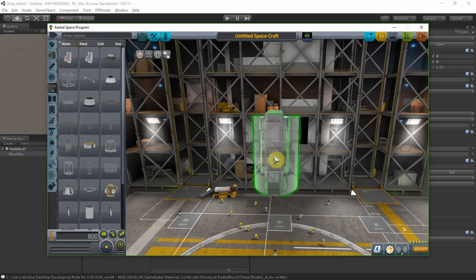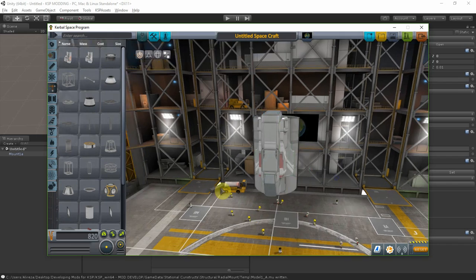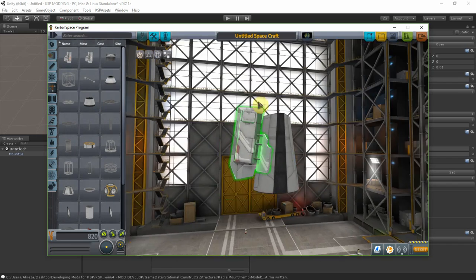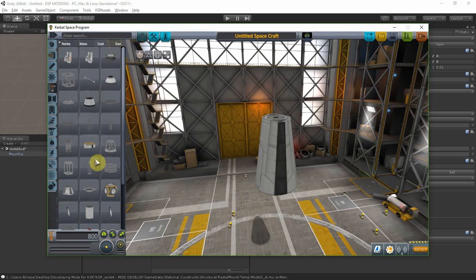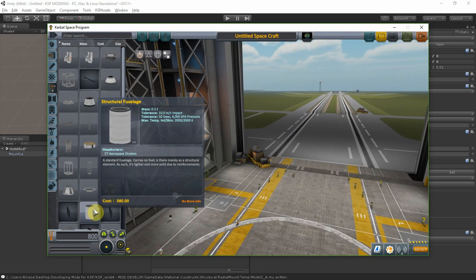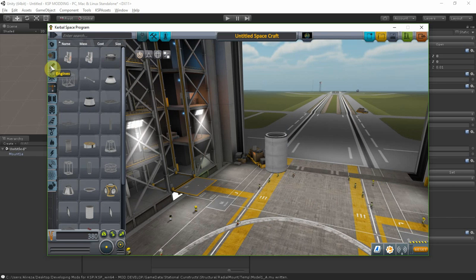Well, it will be okay, like this. Yep. So you can get it to work. It was a model that's being imported. What do you want from me? I'm not a good modeler. But even on the fuselage,